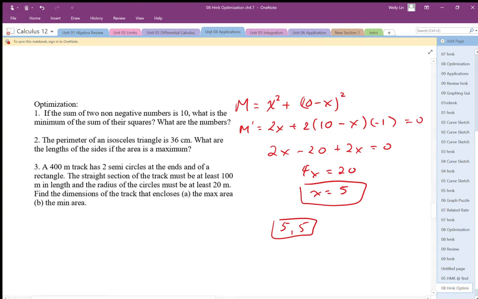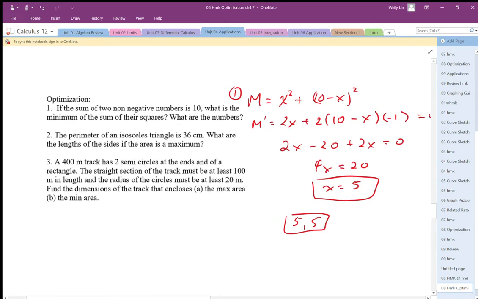Okay, and that would definitely be the minimum because that adds up to 50, whereas if I just let x be 0 and the other number be 10, we'd have a sum of squares of 100. So that's question number 1. Question number 2